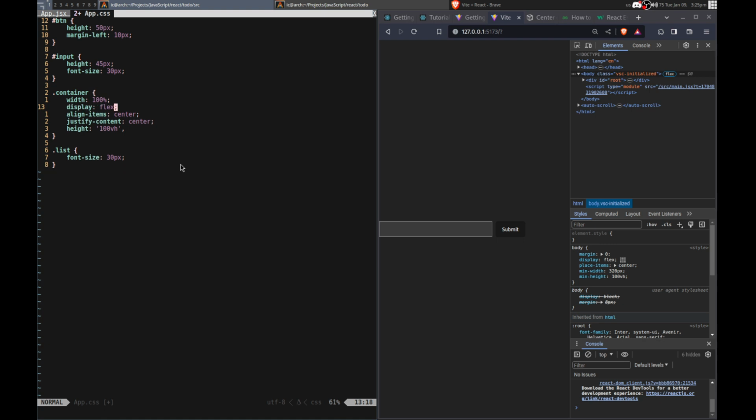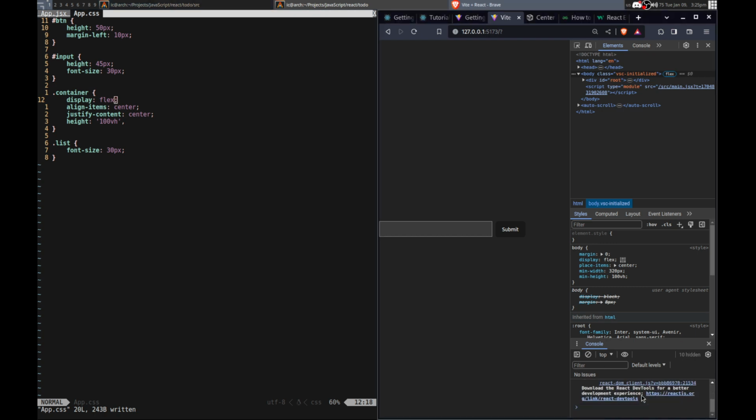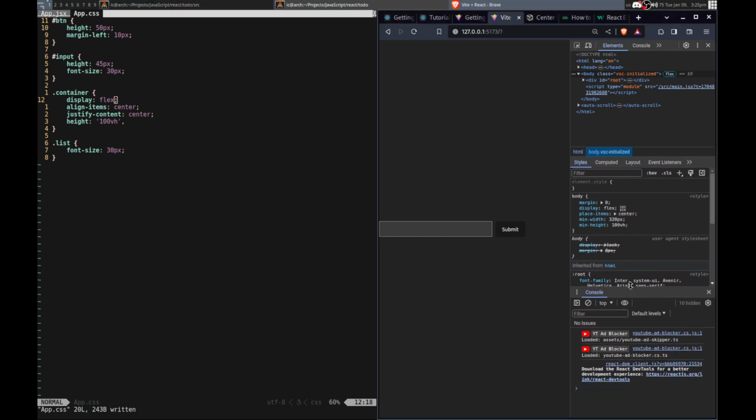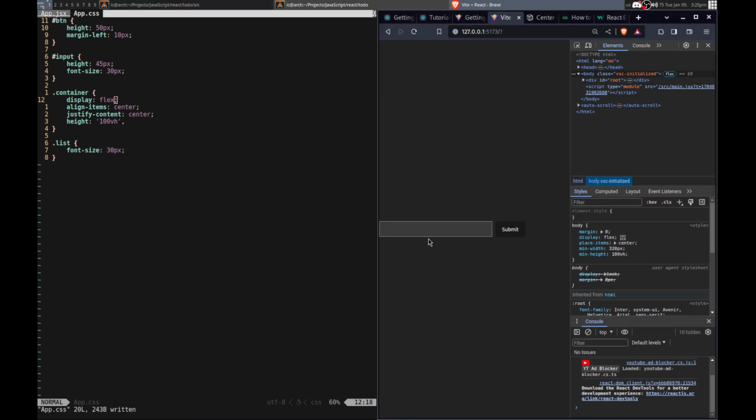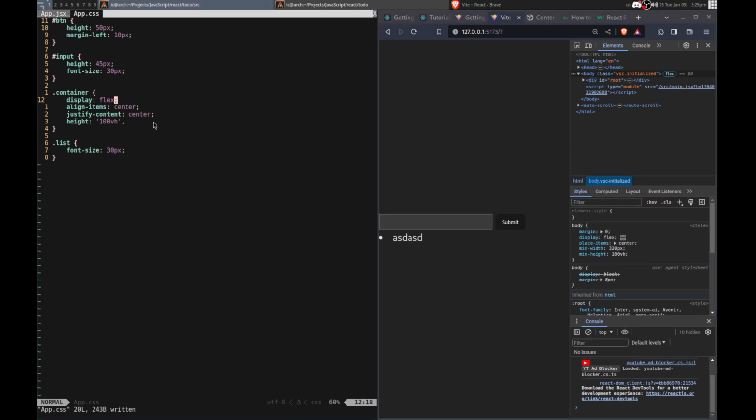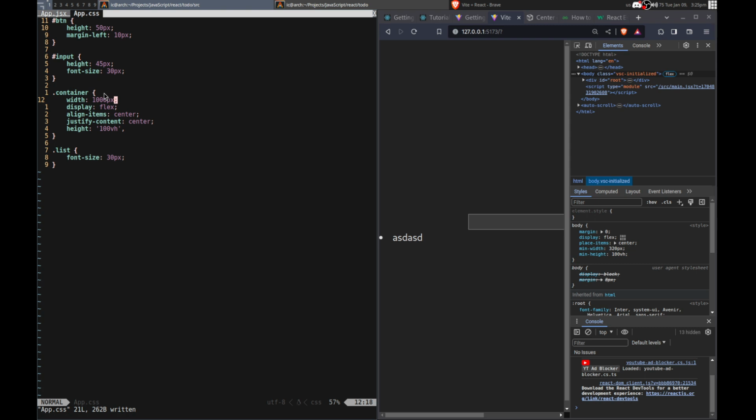Why doesn't it like width? This needs to be like that. No, it doesn't like this. Any of that. Why is 100% wrong?